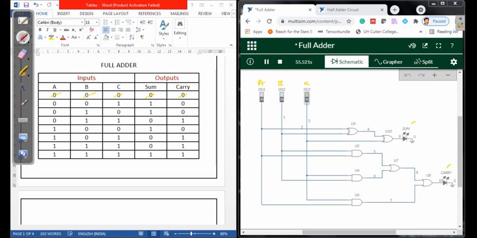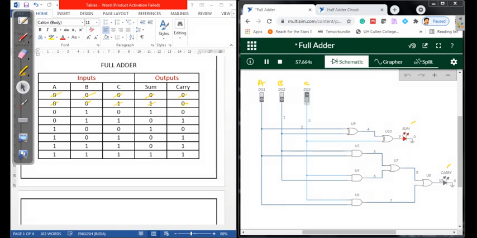Next, when I make the 0 0 1 combination, A is 0, B is 0, but C I am enabling to 1. That gives me for the 0 0 1 combination, sum is going to be 1. You can see here the LED is on, so therefore the sum is 1, whereas the LED for the carry is off, that is 0.